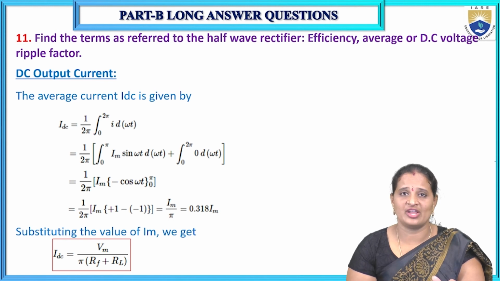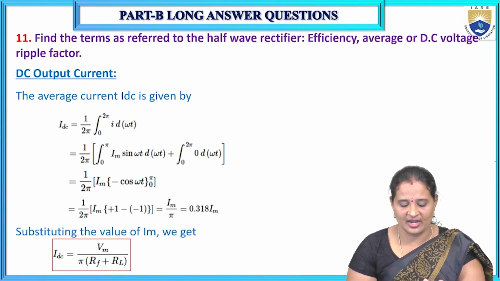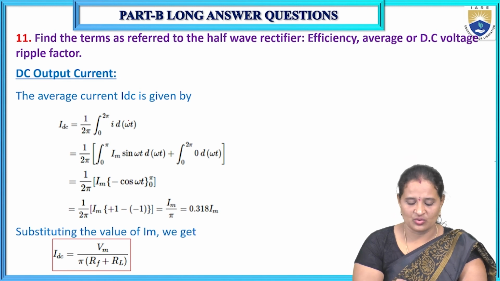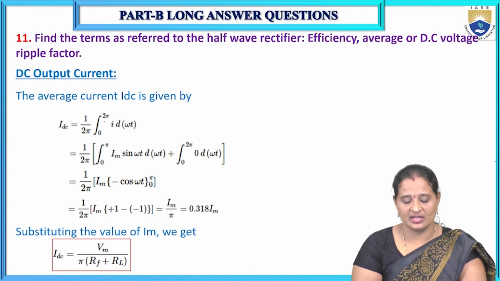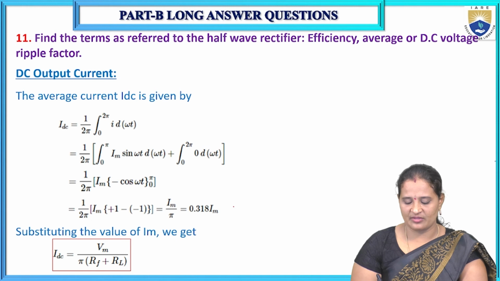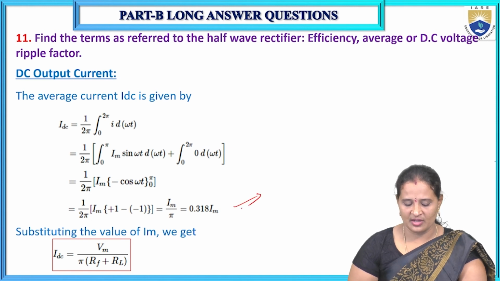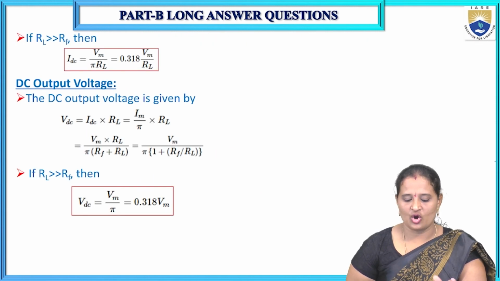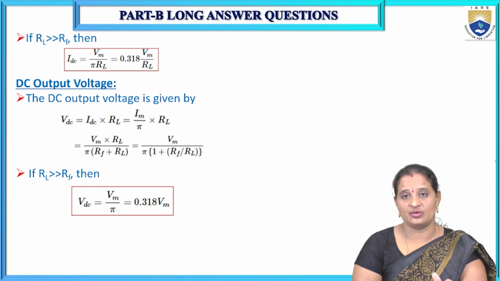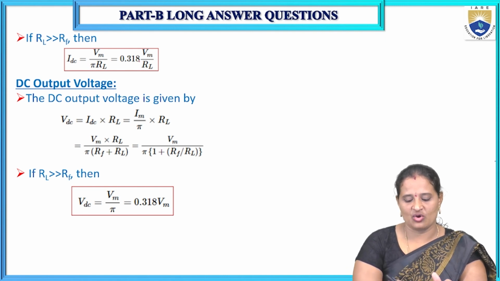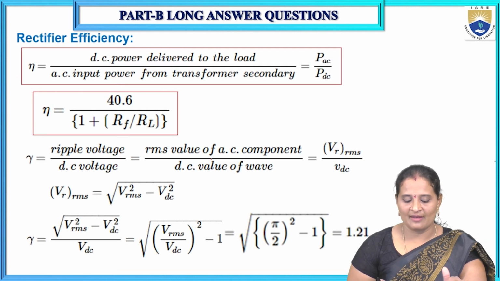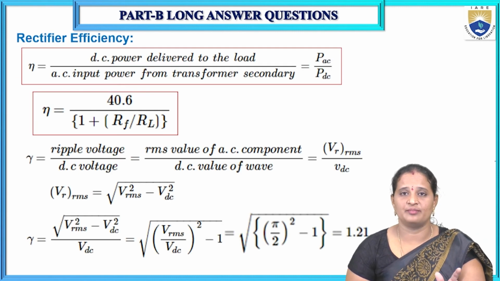DC is nothing but average. Average can be calculated by taking the integration. So over a complete period of the cycle, that is 0 to 2 pi, just derive the average value of output current. From that you can calculate the output voltage, that is IDC into RL. So IDC is already known, Im by pi into RL. So just calculate this. And then efficiency, we all know that PDC by PAC, that is power delivered to the